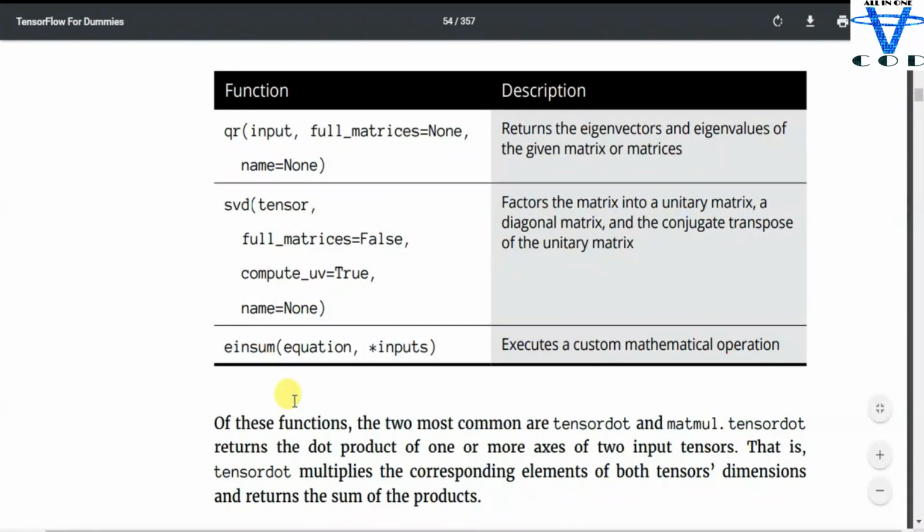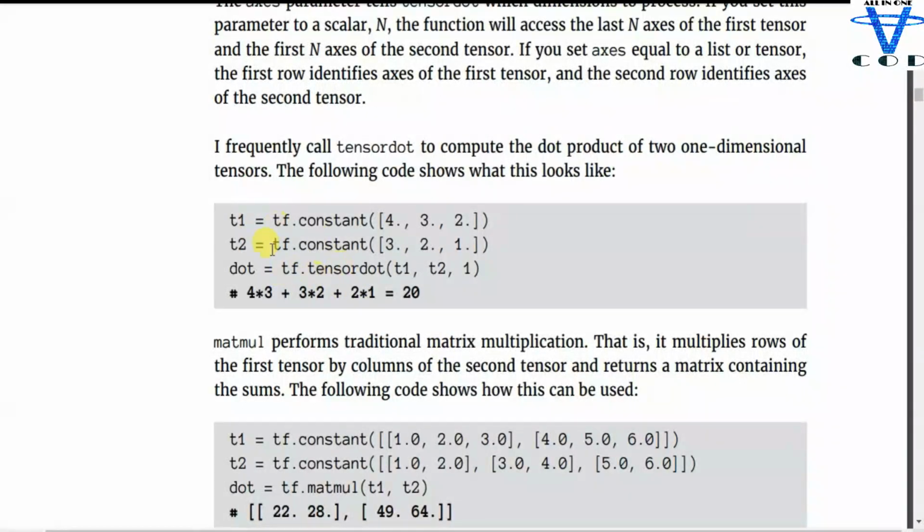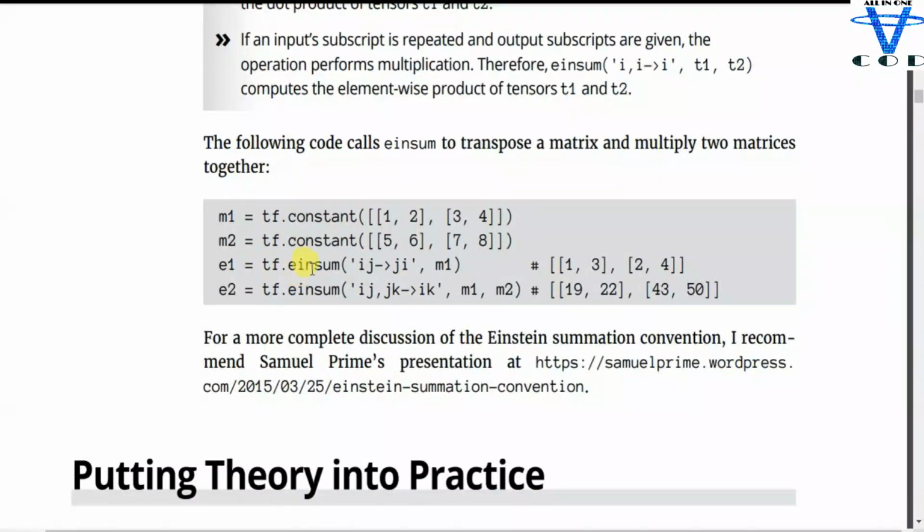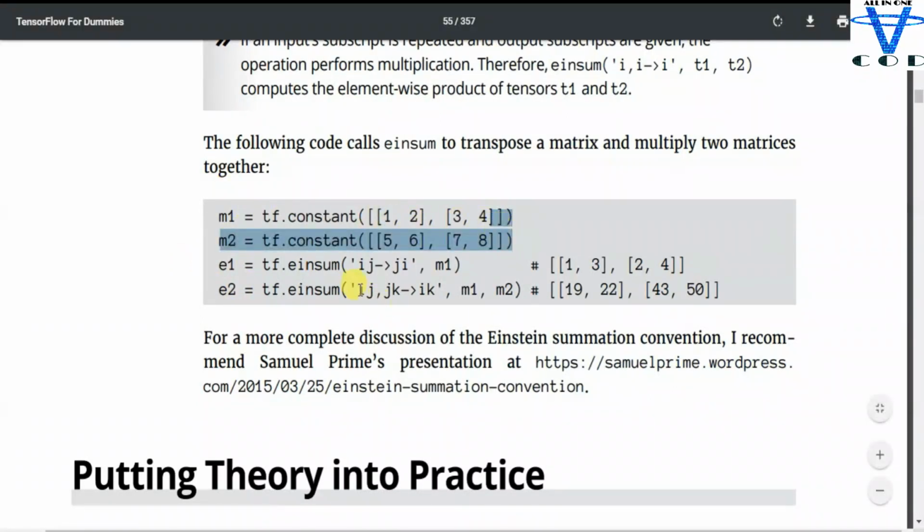Okay, so the last function is einsum. Execute a custom mathematical operation. Okay, in here you can see, let's try einsum. You can see m1 equal to 1 2 3 4 and m2 equal to 5 6 7 8.